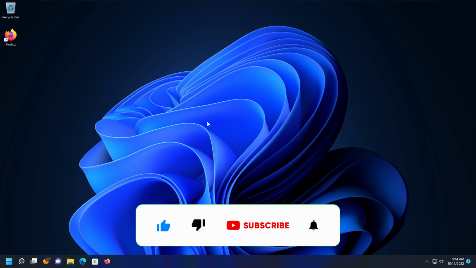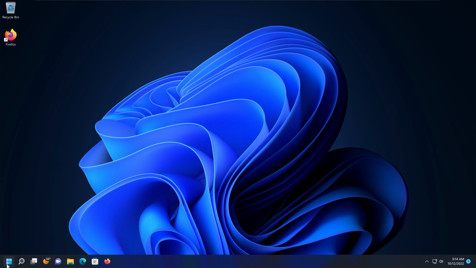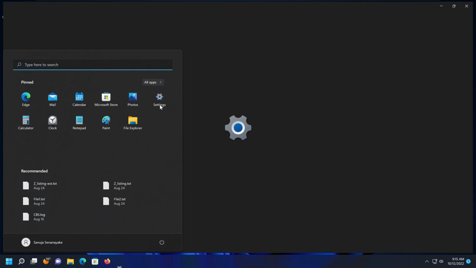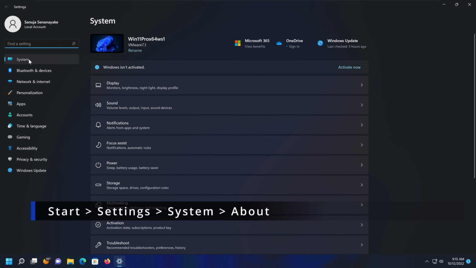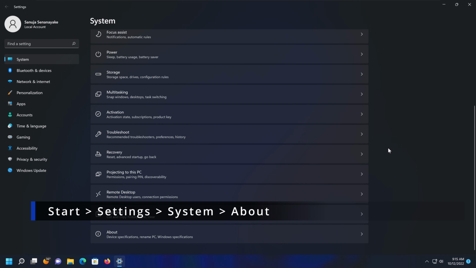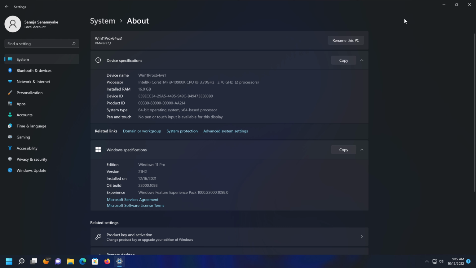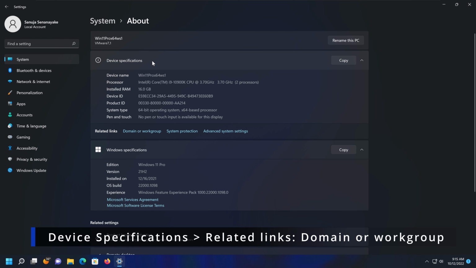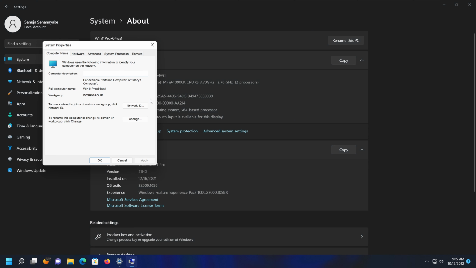Now to connect this Windows 11 Professional to our sanuja.local machine, we'll go to Start, open Settings, and under System, go to the bottom of that list and find the option called About, and open that section. At the very top, you will have a section called Device specifications. Under it, you will see Related links, and in the related links there is a link called Domain or workgroup, and we're going to click on that,